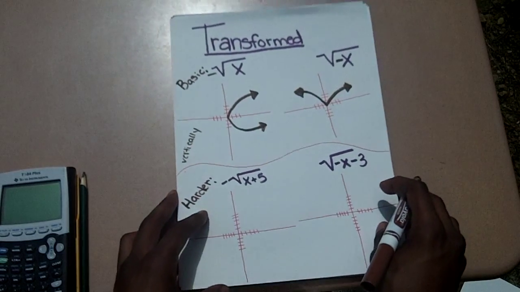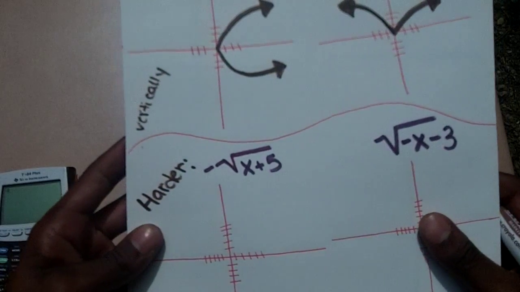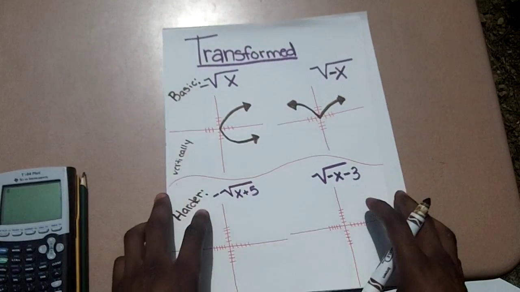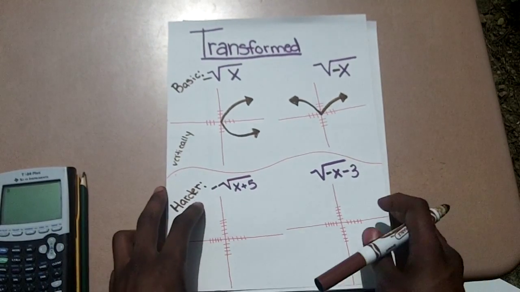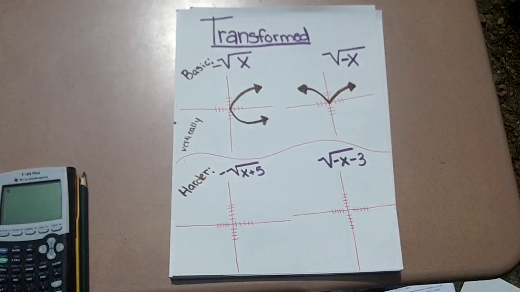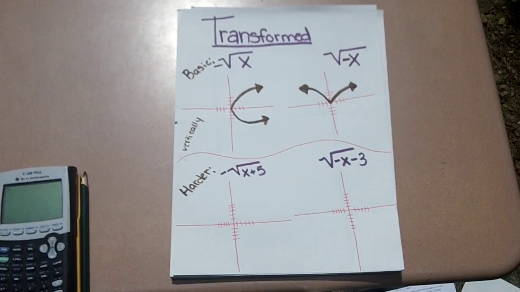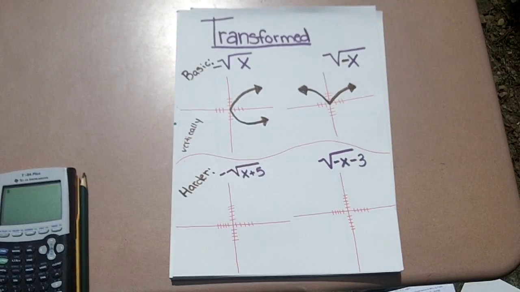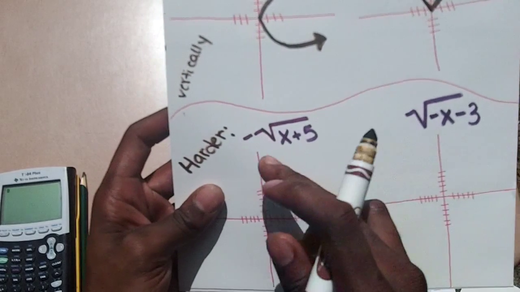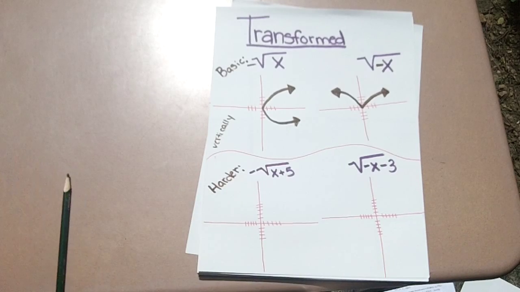Now these get a little bit challenging as you go along, as you get better at it. For instance, you can add 5 to the x. You can add a number rather to the x, or you can add it to just the whole equation. If you add a number to the whole equation, that's going to move it up and down, I'm sorry, going to move it up and down. To move it left and right, you have to add a number to just the x like I did here. So this is going to move my function left and right. And being that the negative is outside, I know it's flipping vertically. So this is going to look